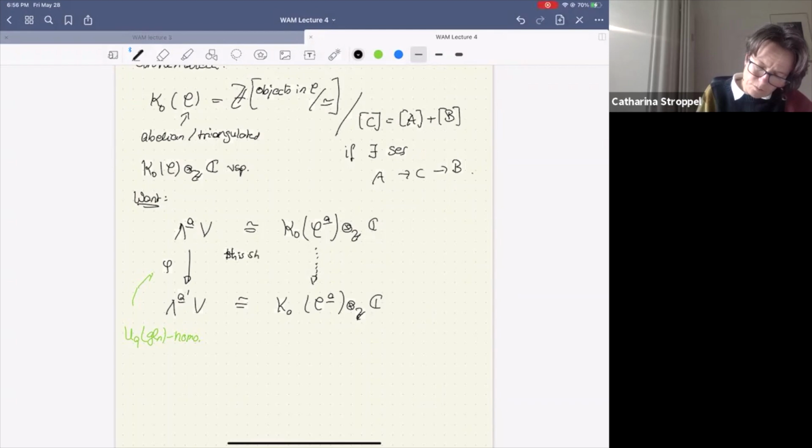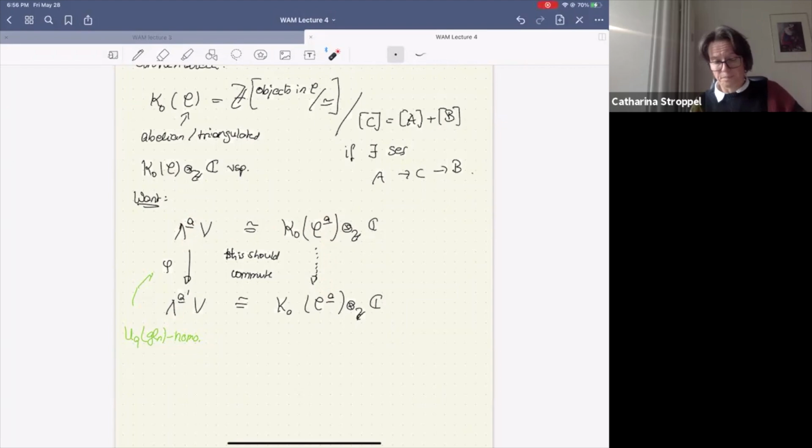This should commute. By this, I mean, when I go via this isomorphism to here, and then I want to find this map there such that when I start from here going down and over there, it's the same thing. And this map should be not just a map between vector spaces, it should come as